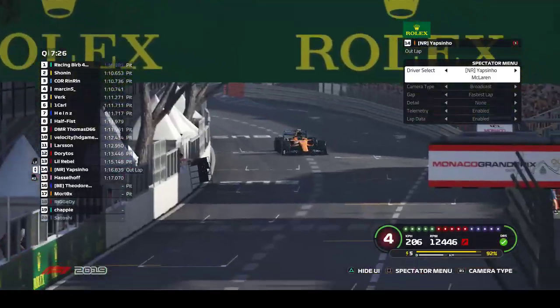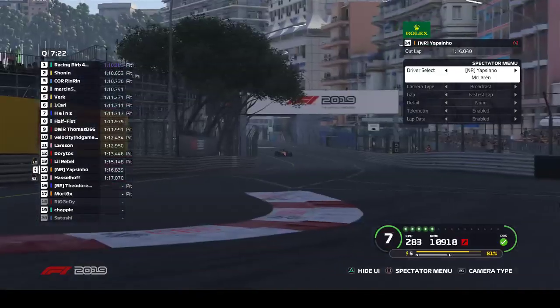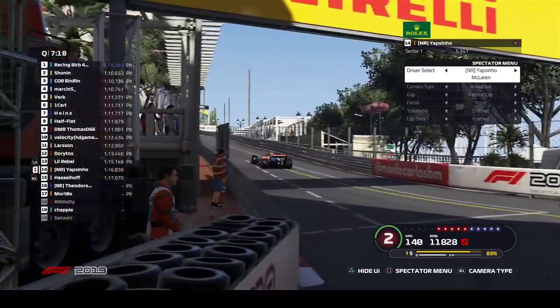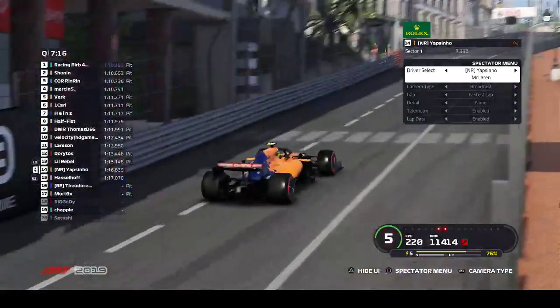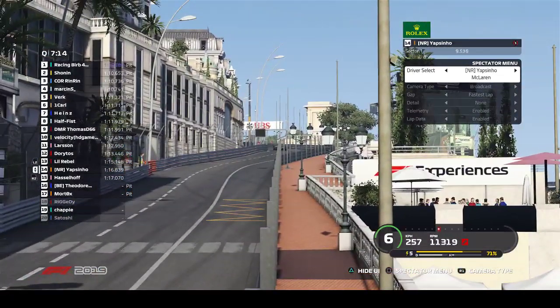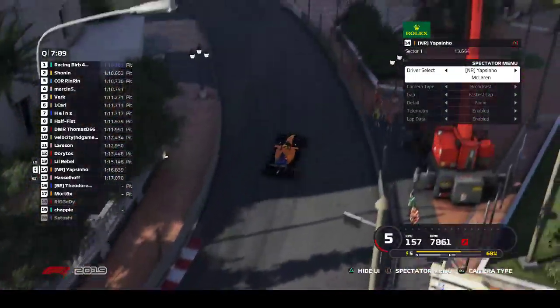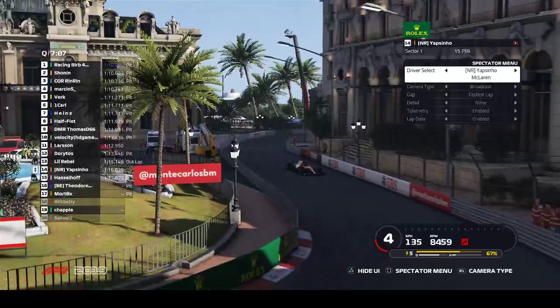And now Yapsino is about to start a lap. We're gonna go on board with him here on the stream. Oh wait, no, he did a lap. Okay, wait, 16. Oh wait, I think he's starting a lap now. There was a weird glitch there again. GG Cody's, but yeah, the battle. I think the battle now we're gonna see